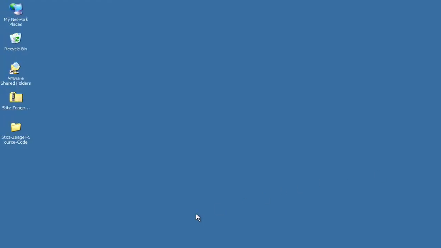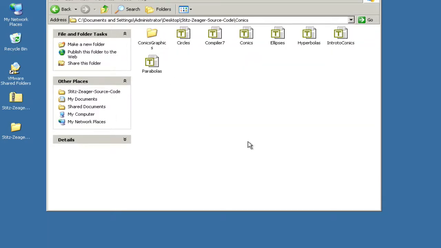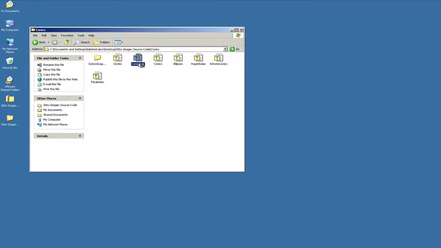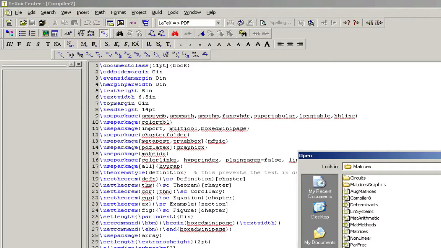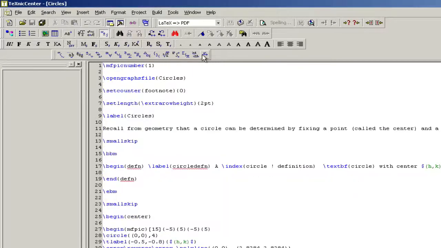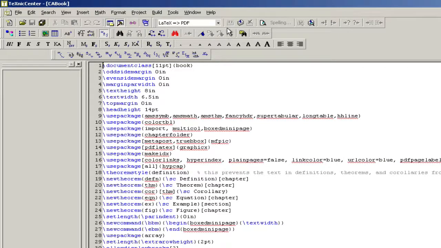To reiterate, what do you need to do to compile the college algebra book? Step 1, you need to go to each chapter folder. In each chapter folder, you need to bring up the associated compiler, and you need to LaTeX to PDF it. Then, once you've done that, you need to open each section, and for each section in there, you need to MetaPost it. Once you've done all of that, you open up the main CA book file, and you want to LaTeX to PDF